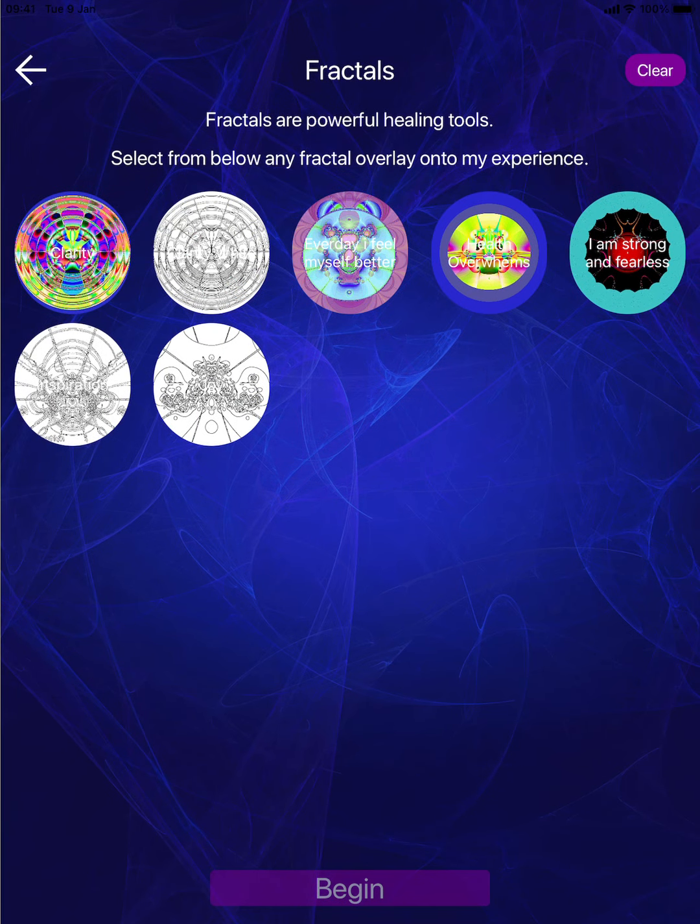So add fractals, I'll come back to these, but these are really cool graphic images, quite mesmerizing, that you can add to your balancing frequencies experience. So I'll explain a little bit more about those, but as stated, they are a powerful healing tool and you get to select from one of 7. So back,